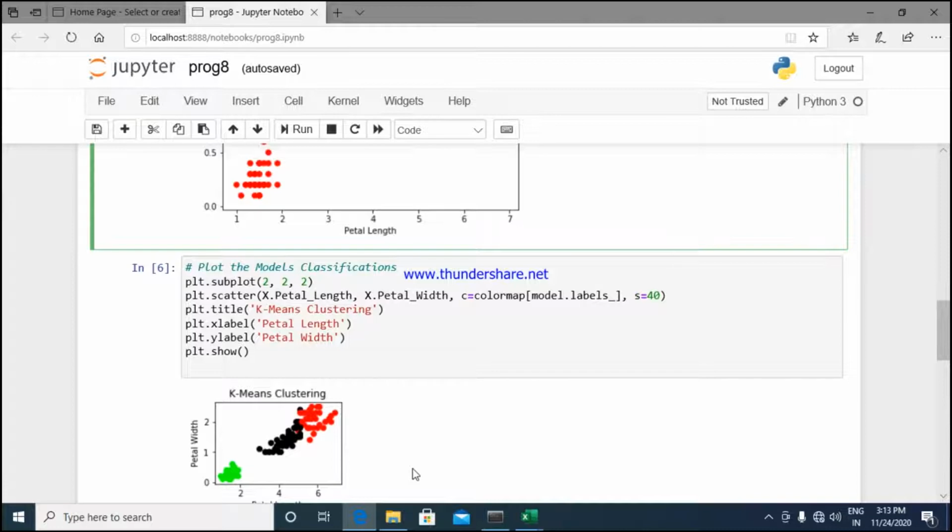In the same way, if I start taking the width into consideration, if it is 0.02 or 0.03, or if the petal width is 2.3 or 1.8 or 1.5 and 1.4, then it will start forming the cluster.